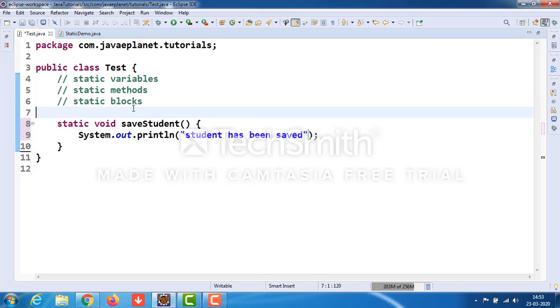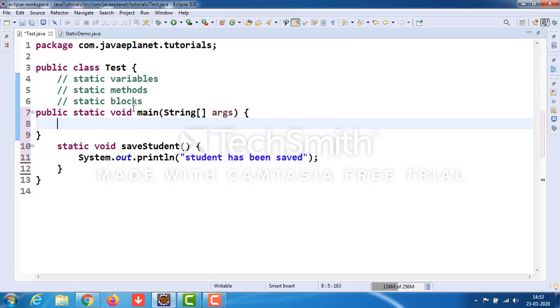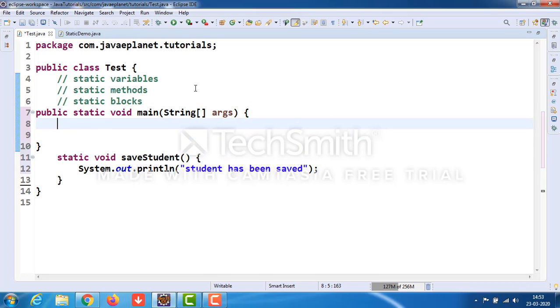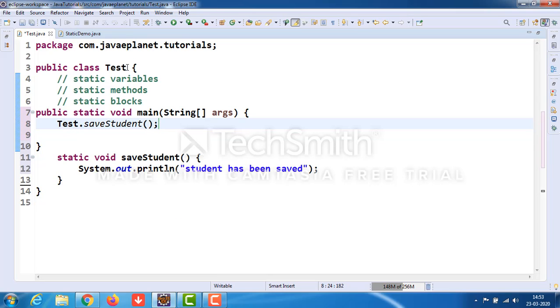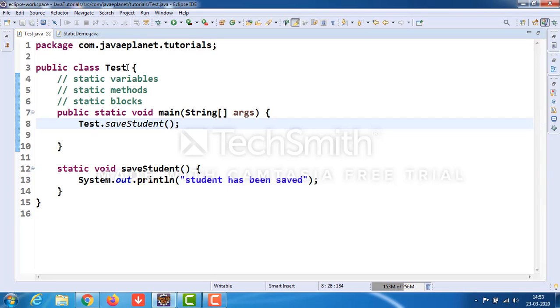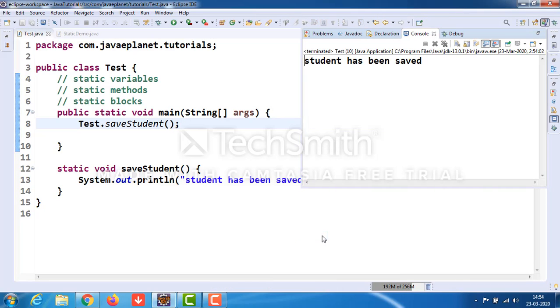Take the main method, take the class name, control shift format, control save and run it. Run as Java application. Student has been saved,